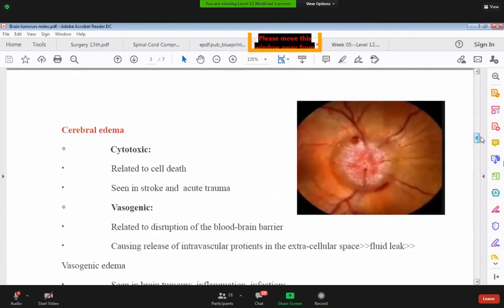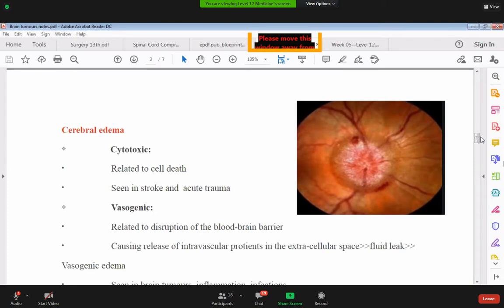Okay, cerebral edema. The presentation of cerebral edema can be because of two reasons. One reason is the direct effect of the tumor, that is the cytotoxic effect, and it is related to cell death, and it is seen in patients with stroke and acute trauma. But in patients with mass lesions, there is vasogenic edema because of the disruption of the blood-brain barrier,